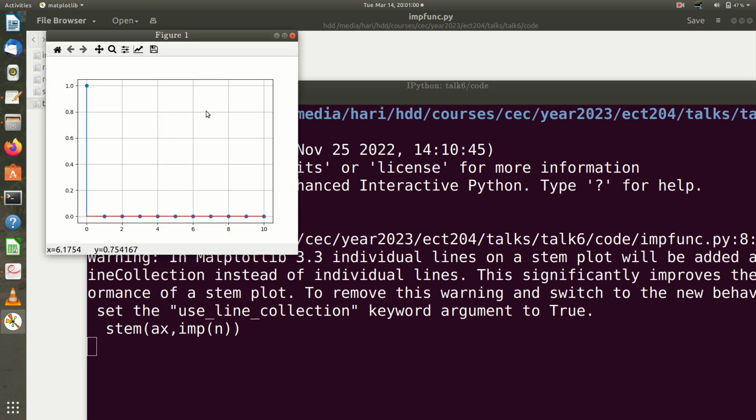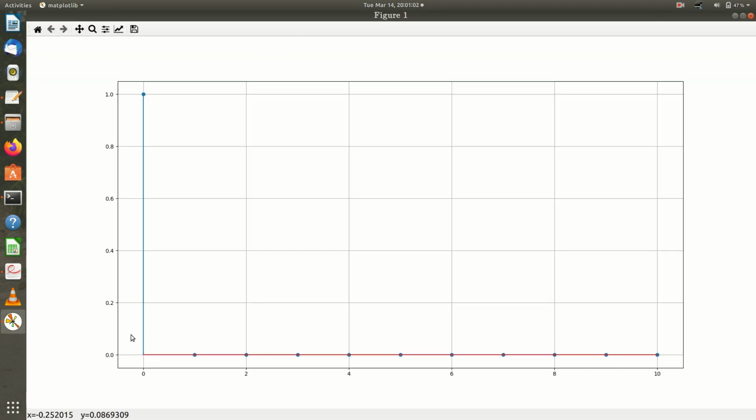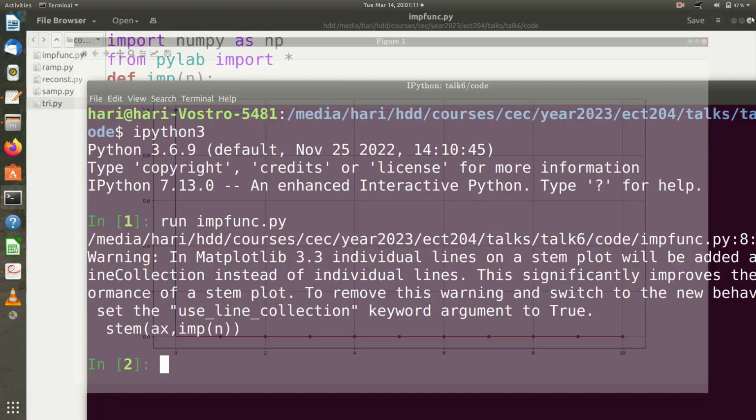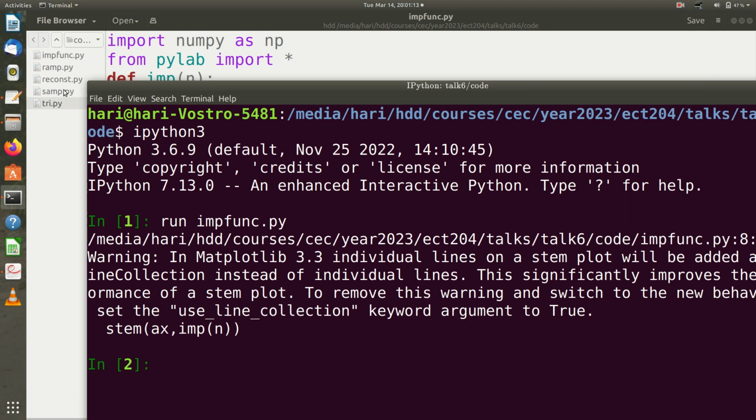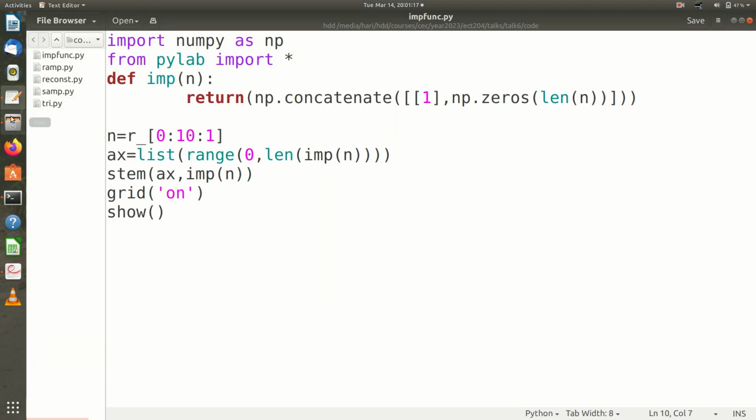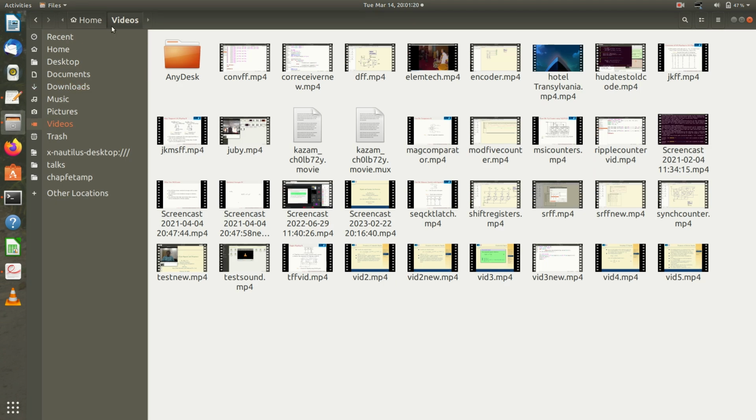Now you can see that there is a unit impulse happening here. At n equal to 0, there is an impulse of height 1. Everywhere else it is a 0. So this is how we simulate an impulse function. Then I go to another function, say